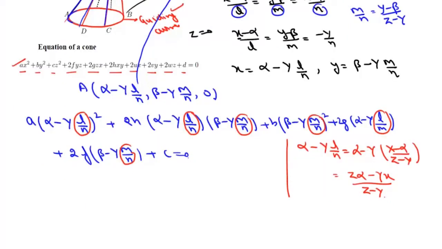And in the same way we can write beta minus gamma M by N, which is beta minus gamma, and M by N is y minus beta upon z minus gamma. So there will be beta z minus gamma y upon z minus gamma. Now if we put it here, we can write this equation as,